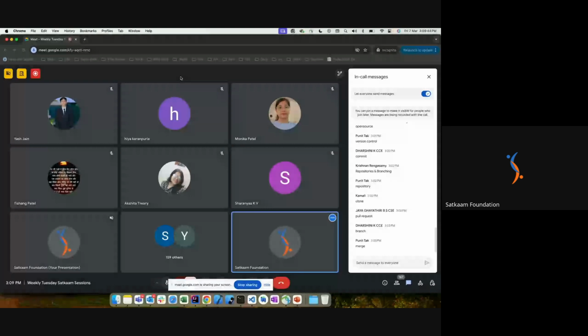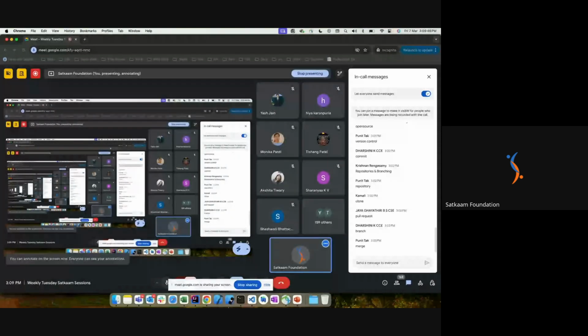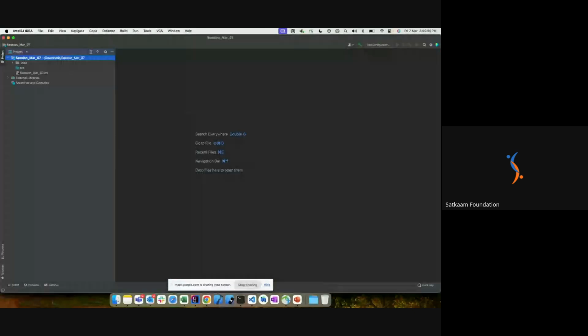Sorry, let me try to share my entire window so that I don't need to share them again and again. Okay, I go into IntelliJ and